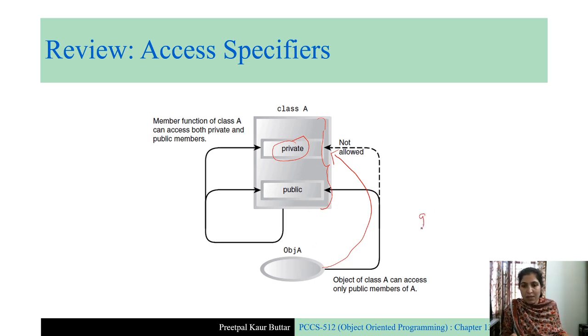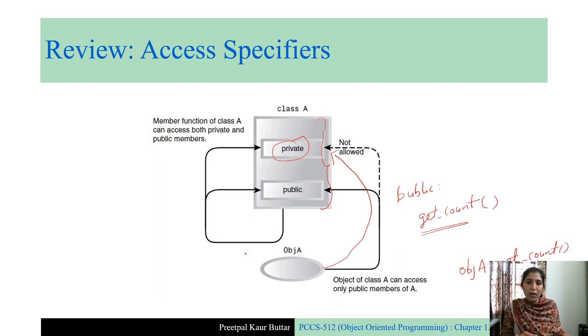So if there is a get count function, as we saw in the previous example, which was under the public section, it means this is a public member of the class. If we create an object of the class, object A, and try to access this get count, this is valid. We can access this.